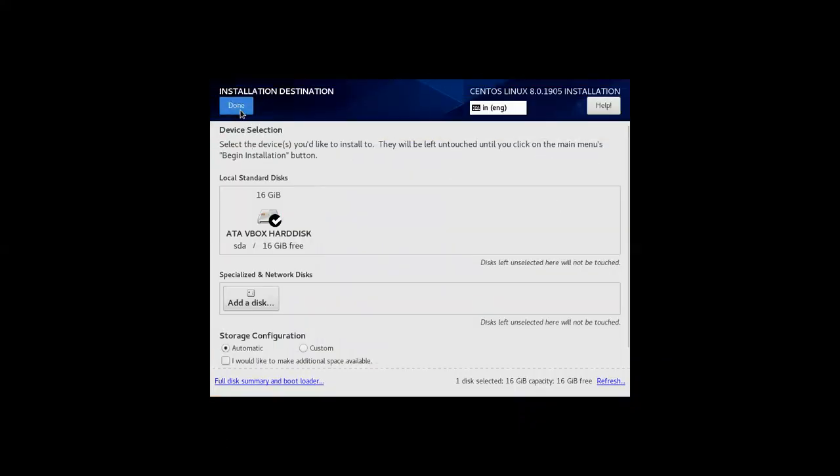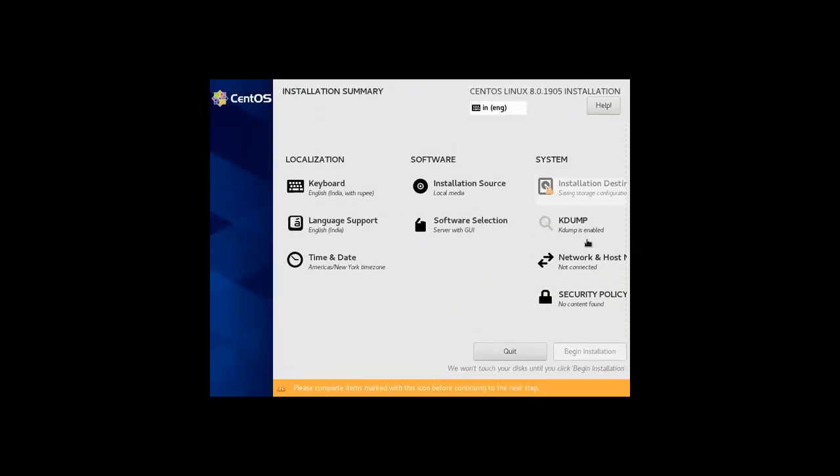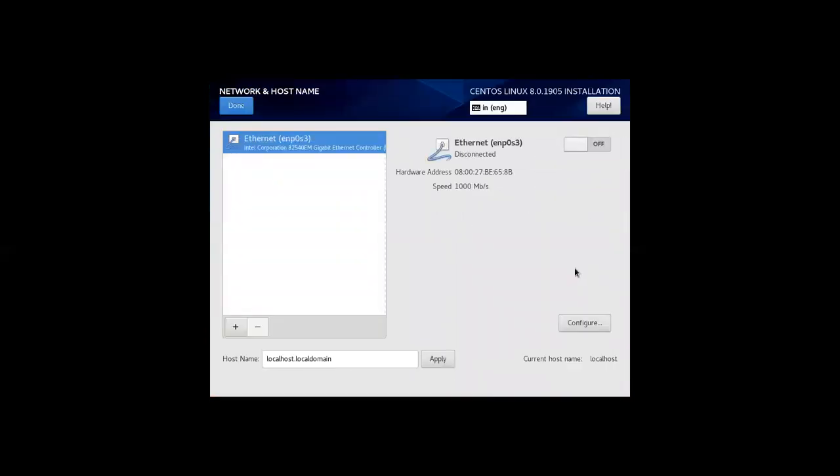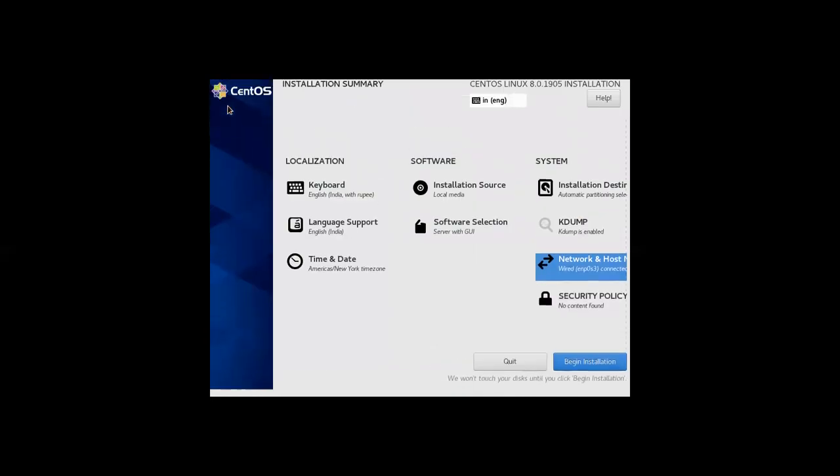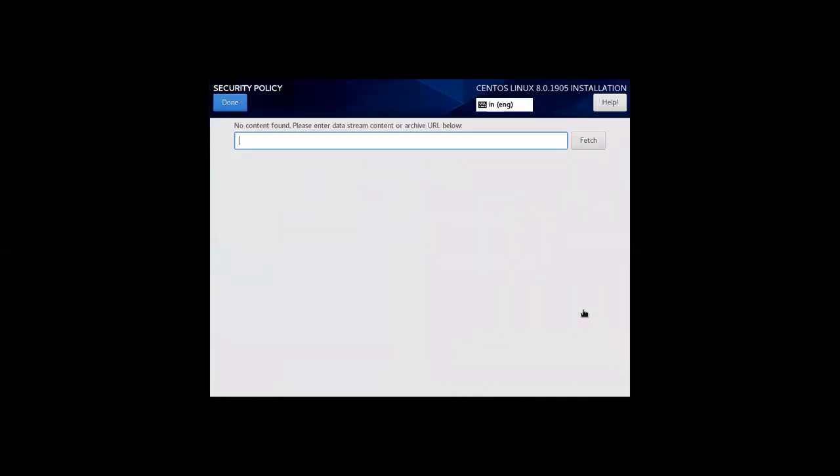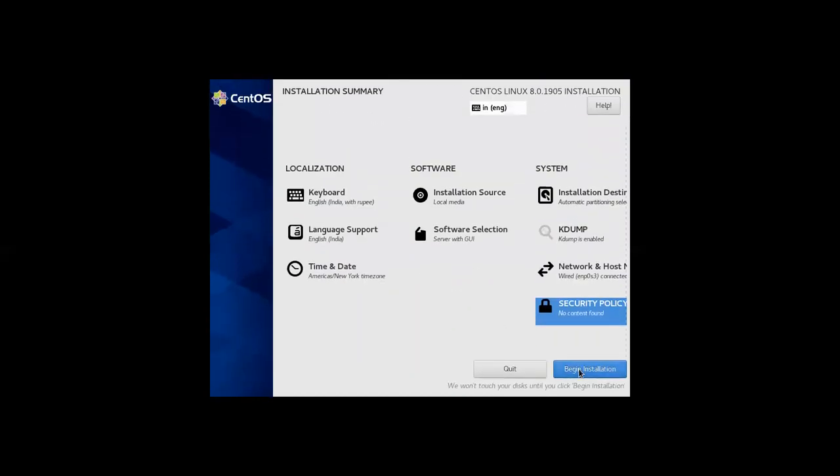I select this disk and done. Network, I enable the network and done. Security policy, no security policy. I attached here and begin install.